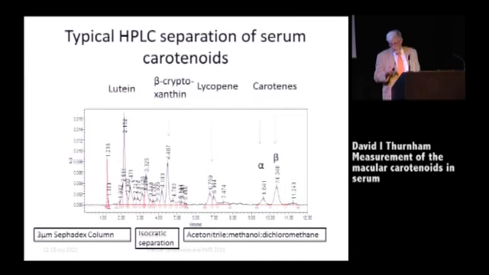Now, where is zeaxanthin in all that? Well, in these chromatograms, zeaxanthin is underneath the lutein. So in fact, a lot of the early results, when they said they were reporting lutein, they were in fact reporting a mixture of lutein and zeaxanthin. An interest in separating the two developed later. This is obtained in a 3 micron Spherisorb column. Many of the early columns used were 5 micron, which didn't give the separation that you see here.